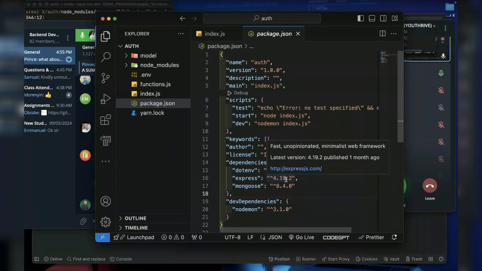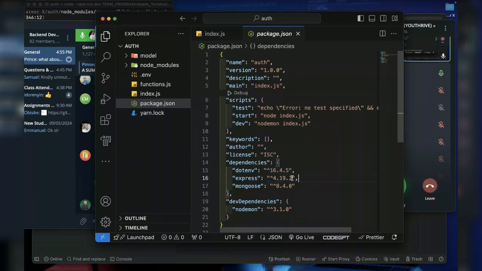Now, in some cases, if the difference is not much, let's say last month and this month, even if the version number changed, like this one changes to 3, it doesn't really matter. They will do the same thing. If this one changes to possibly 20, it may not change much. But if this changes to 5, some of your code will not run. It has to be exactly the same version, except